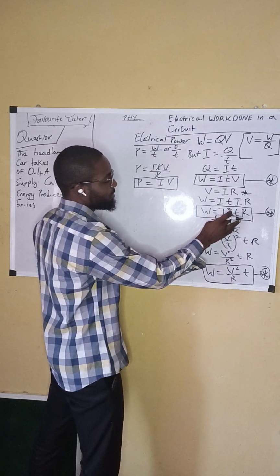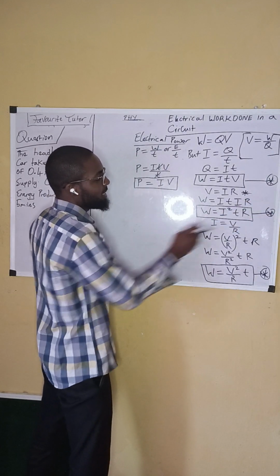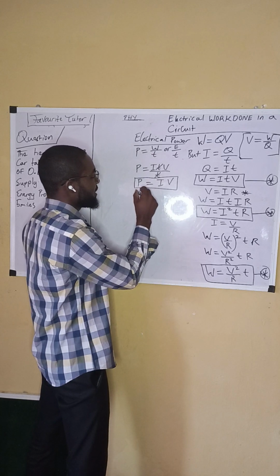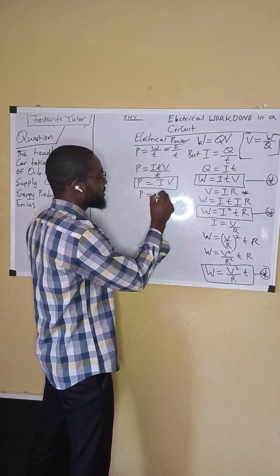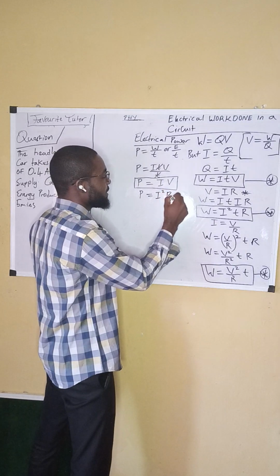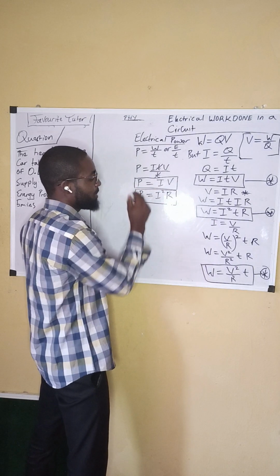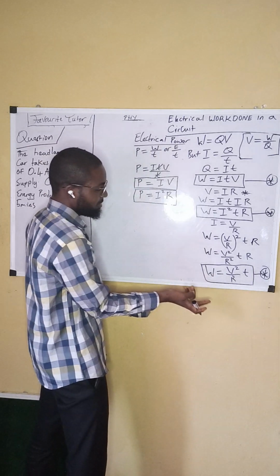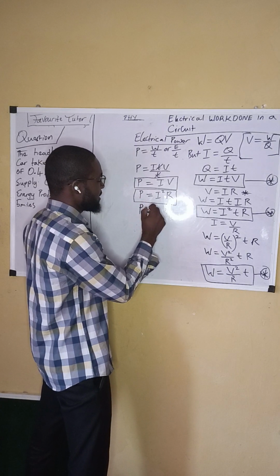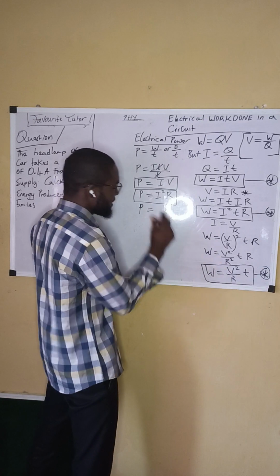The same thing we are going to do here. We just eliminate time. So power is equal to I squared R. Another equation for power, still the same thing. Power is also equal to, eliminating time,